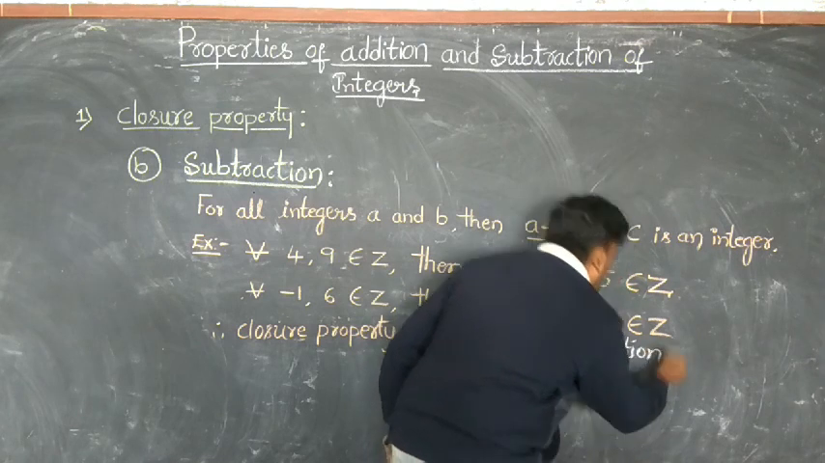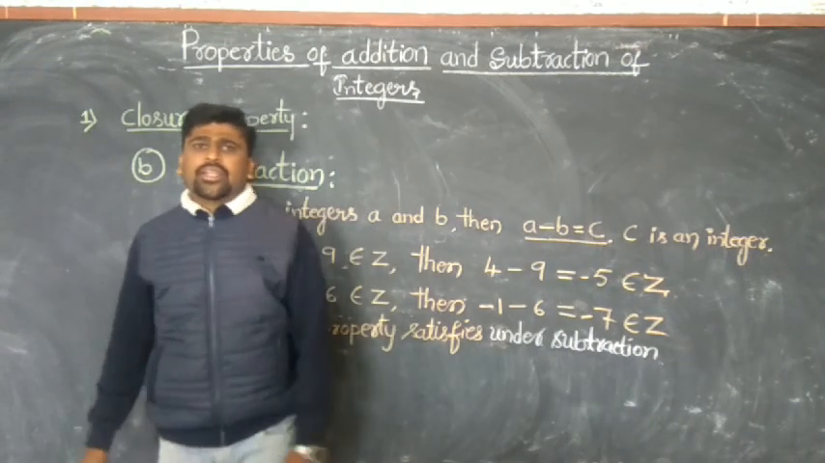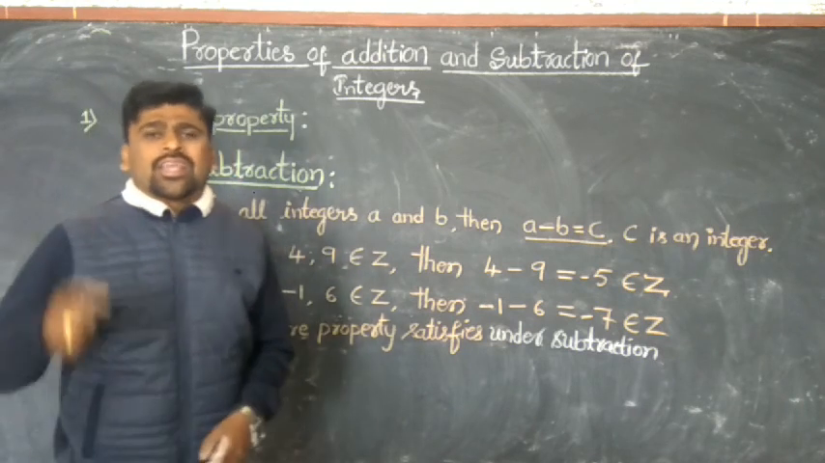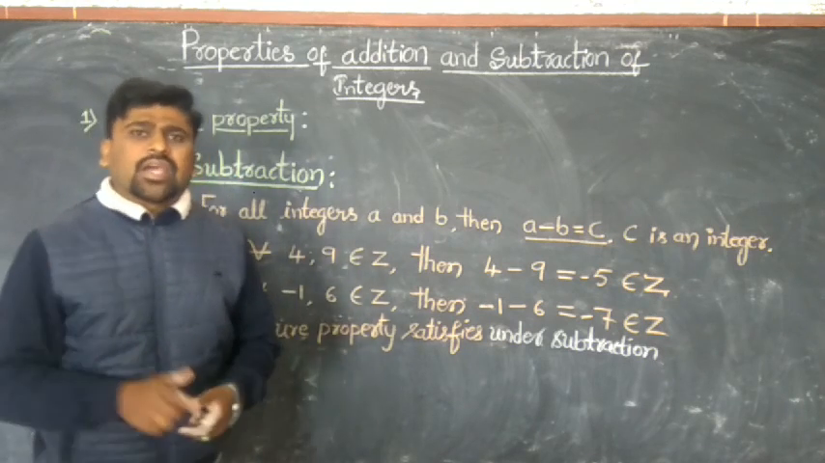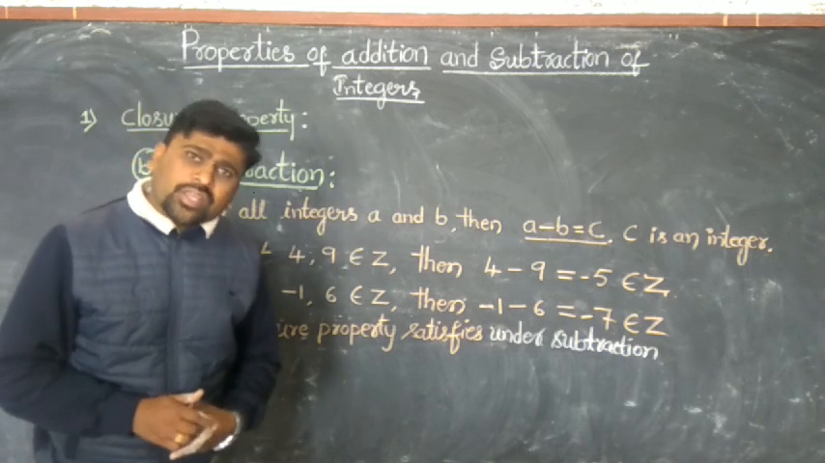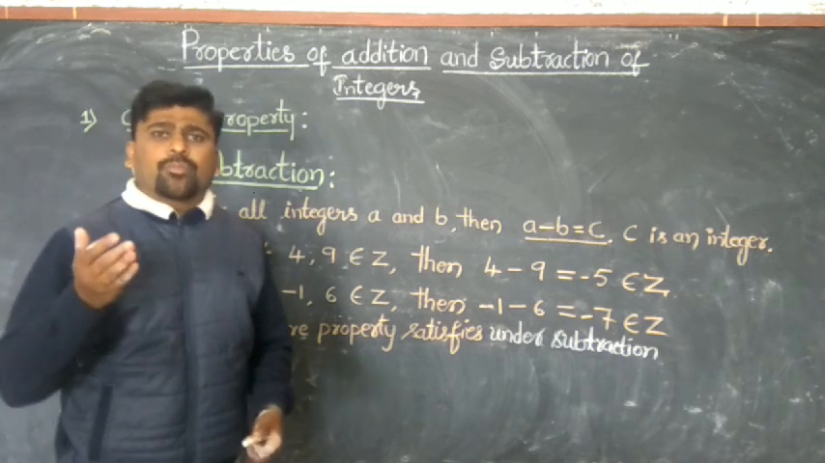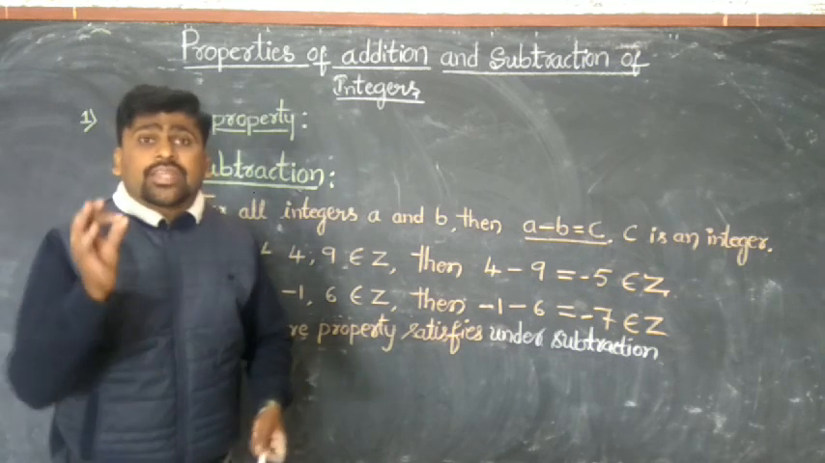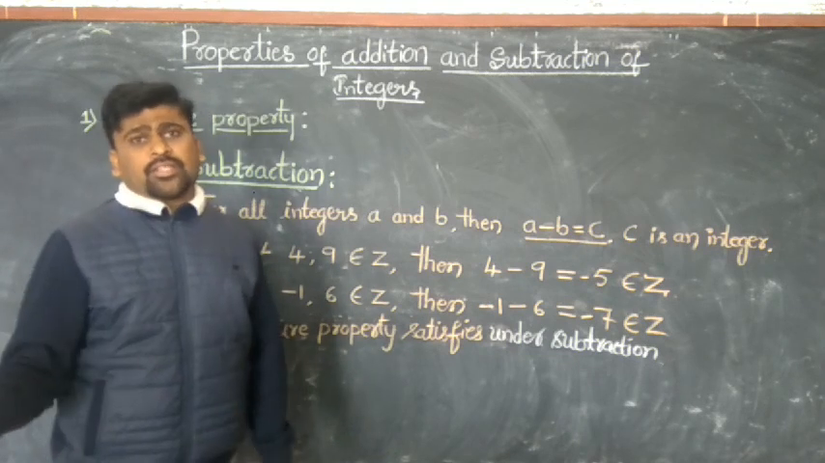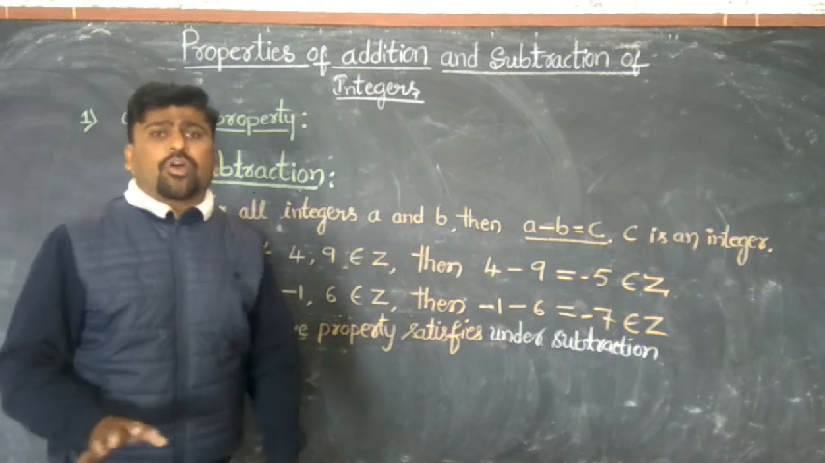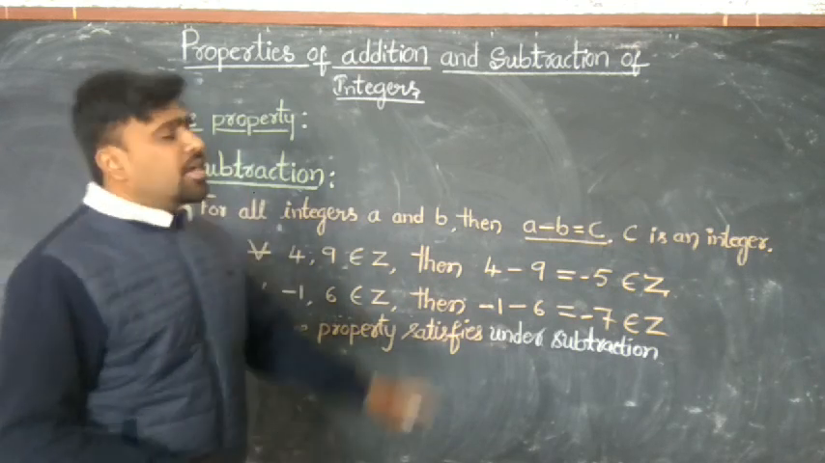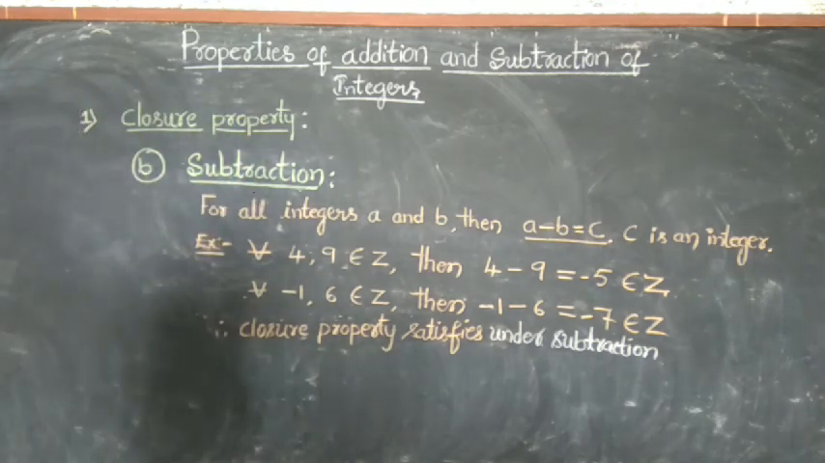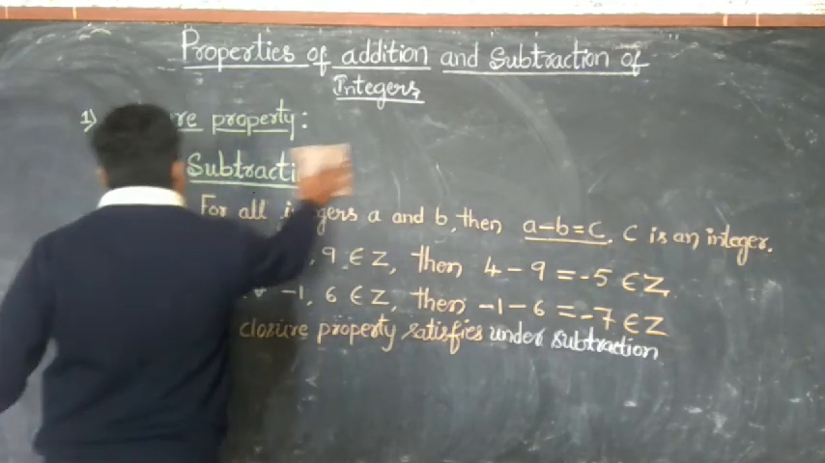Now this is the first property regarding the integer. Regarding the integer, the first property is closure property. A plus B is equal to C, and the second one is A minus B is equal to C. Regarding the closure property, it satisfies under addition and also it satisfies for subtraction. This is the first property regarding the integer, that is closure property. Next, the second property, that is